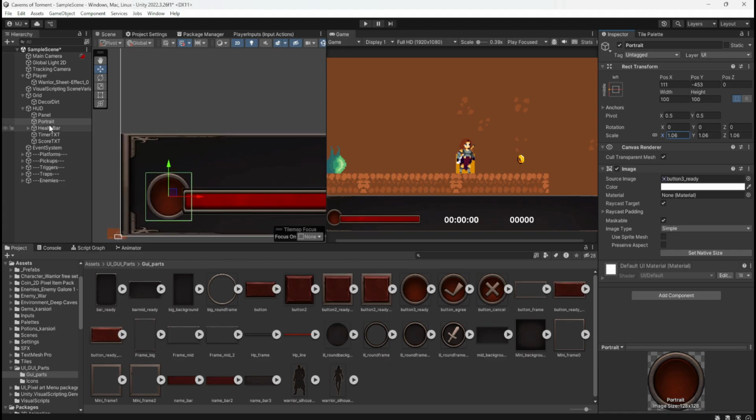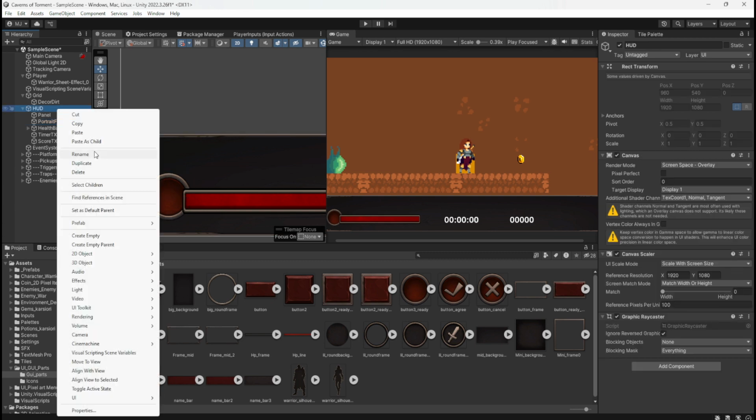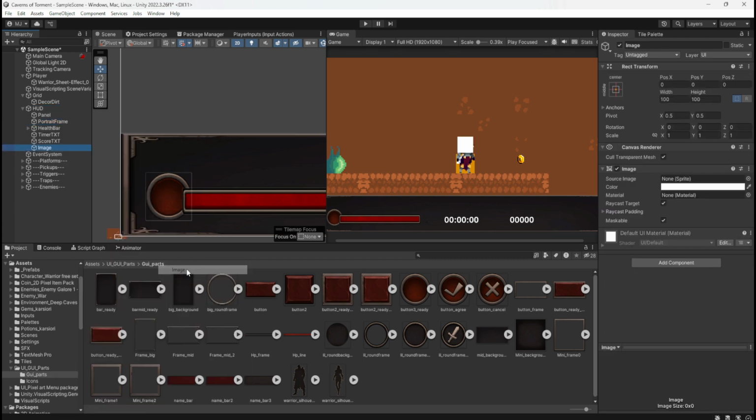I need to get a picture of my lady on there. But all I've got is the full sprite. How am I going to just get a headshot? I'm going to do portrait frame, and then we'll do another UI image, and we'll call this portrait.